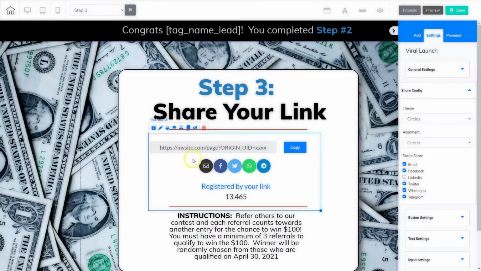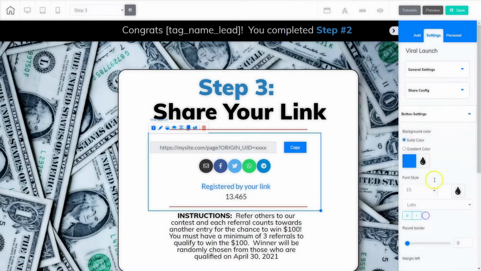And this share line, it allows the contestant to click any one of these shares and it will share this contest to their social media with their share link. So if anybody clicks on it and joins the contest, that person gets credit for that person joining the contest and counts towards their 3 referrals to be able to win in the contest that I've created.